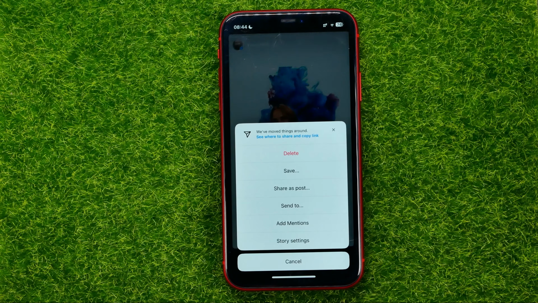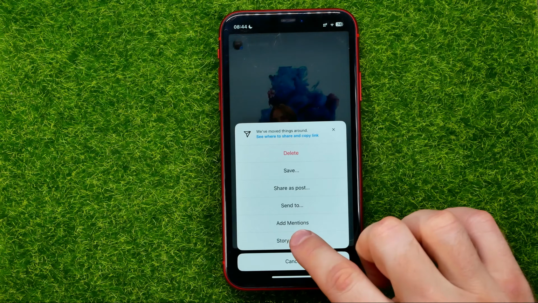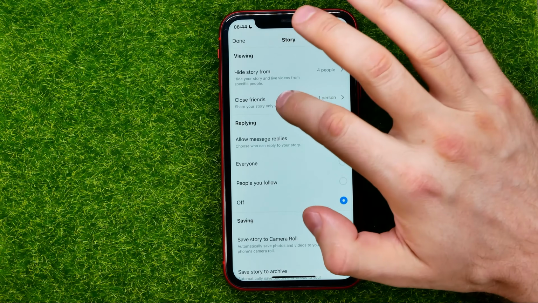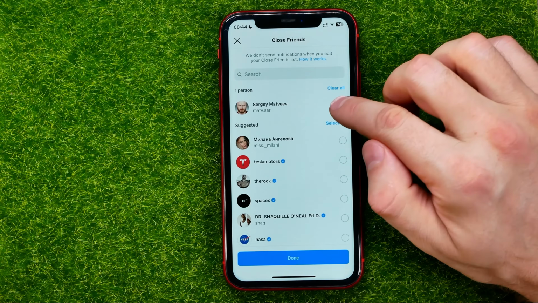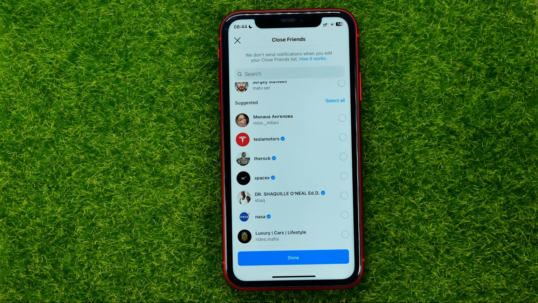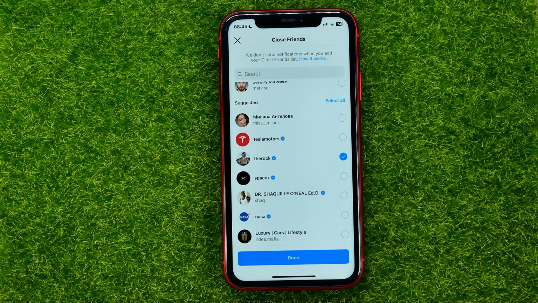It gives us some different options. However, unfortunately there are no option to archive it immediately, but we can get into story settings and then we can tap at close friends, and now we must choose just one particular person. I recommend you to checkmark some celebrities account which definitely don't care about your stories, and then just hit add